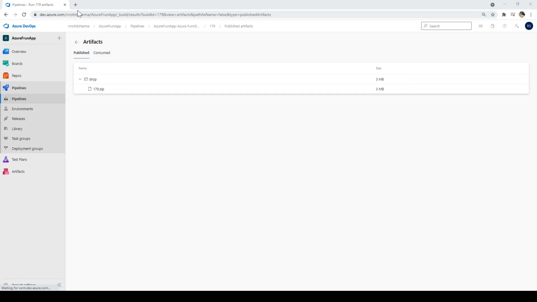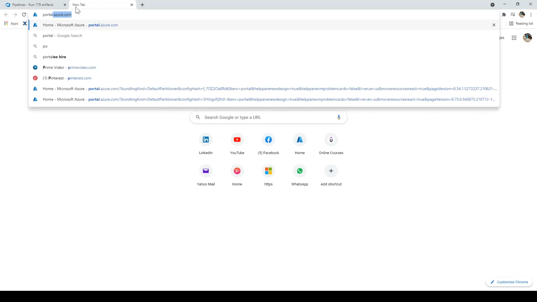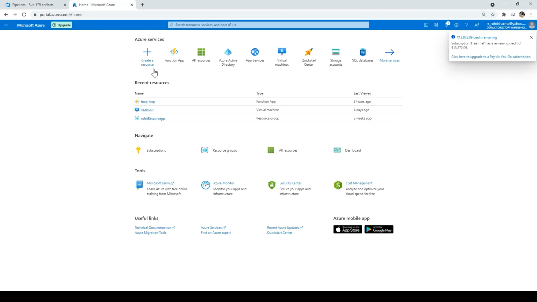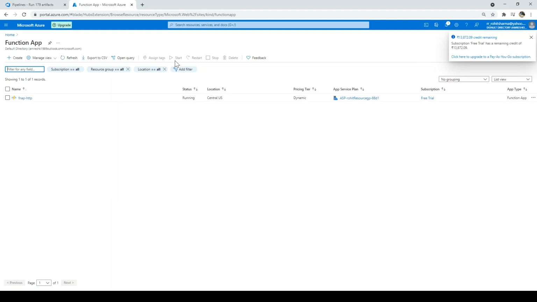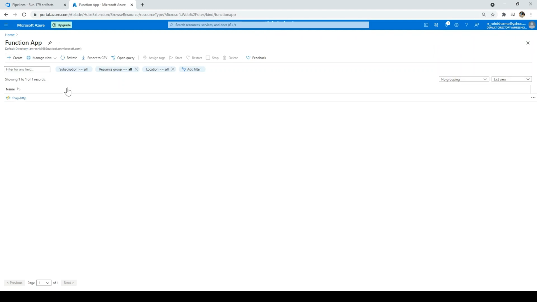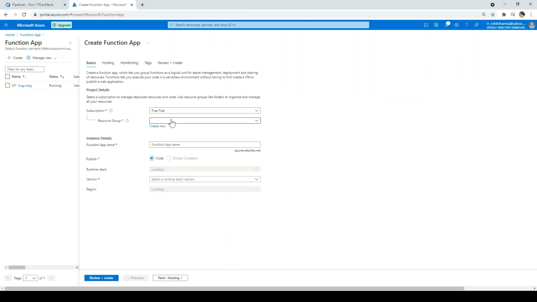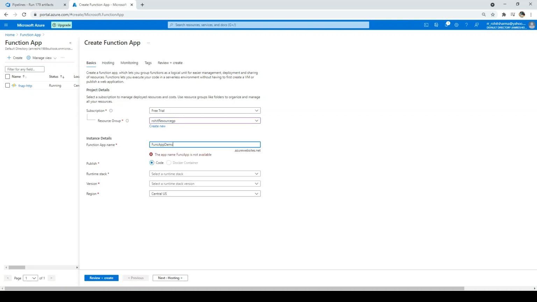For that I'll go to portal.azure.com. I am in the Azure portal, so I'll click on function app, and I'll click on create, and I'll have to fill in some information. For the resource group I'll select Rohit, and I'll name it function app demo. It's not available.